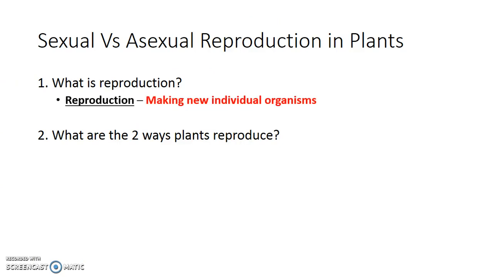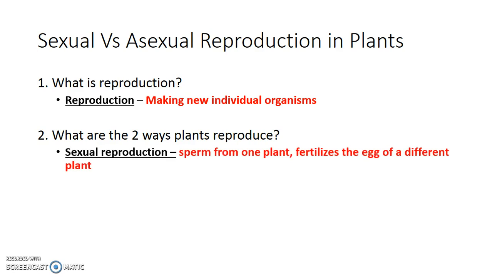So, reproduction. Put simply, it's making a new individual organism. As long as you end with more organisms than you started with, you reproduce something. Now, that could happen in two ways in plants. The first, we know, sexual. And don't be mistaken here. People, again, hear sexual reproduction in plants, and they get confused.